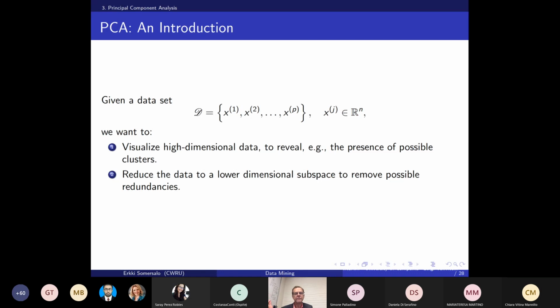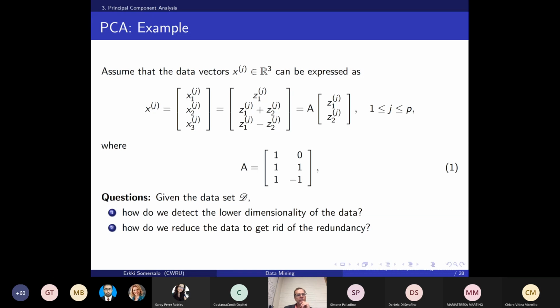So that's the idea. Also, if we want to do some sort of clustering or classification of the data, it may well be that our algorithm gets too heavy if I use really high dimensional data. So sometimes I would just like to reduce the dimensionality of the data. So deal with the data which has fewer attributes than the original data, and then do what I want to do with that data. Whether it's a neural network, whether it's whatever you want to do with the data, you may want to reduce the dimensionality. And so principal component analysis is basically the tool to do that.